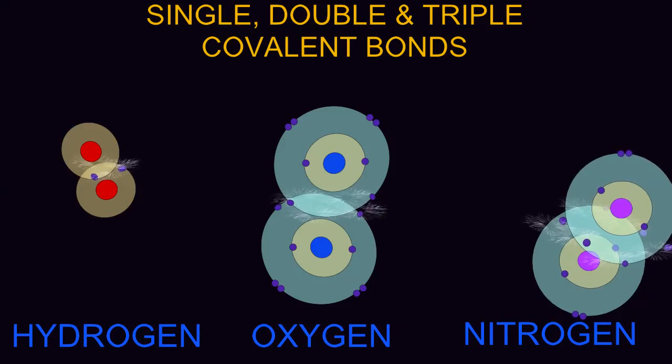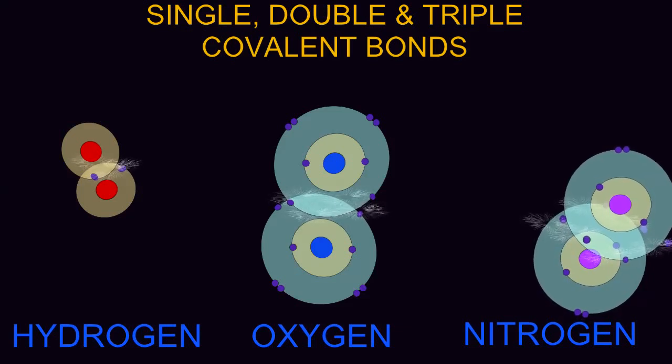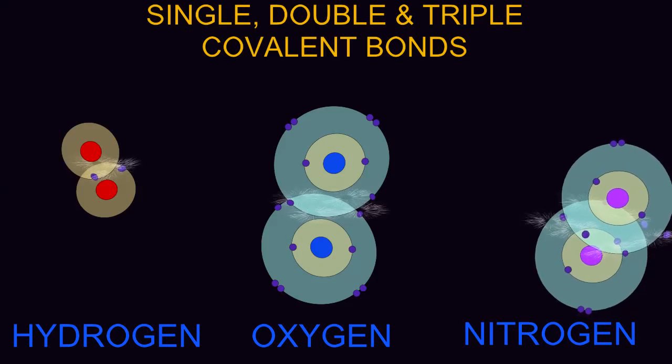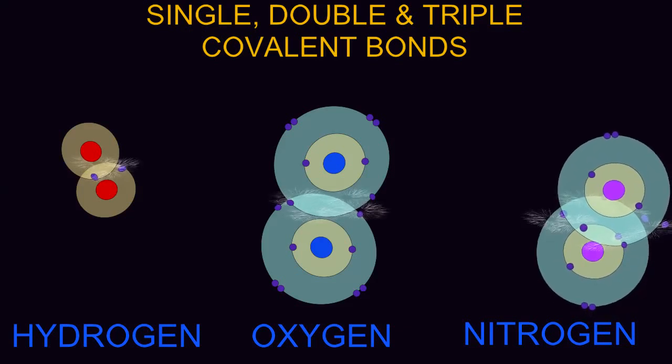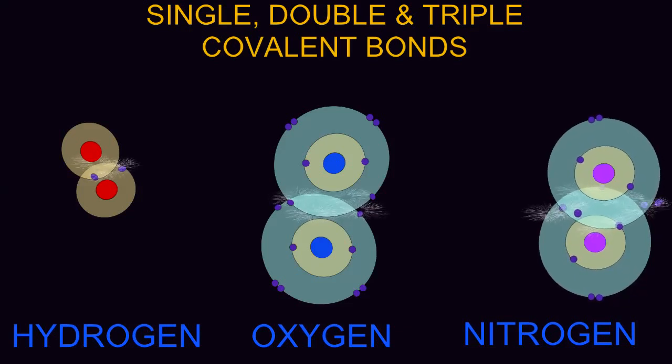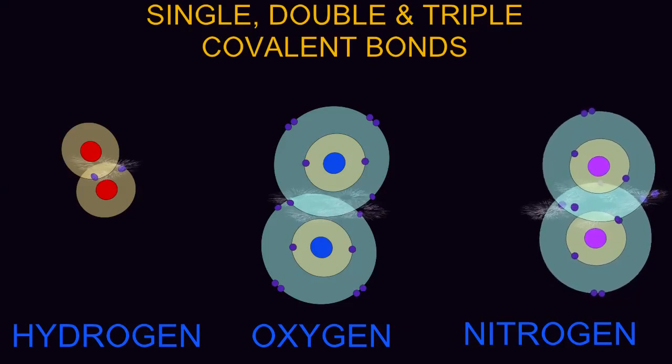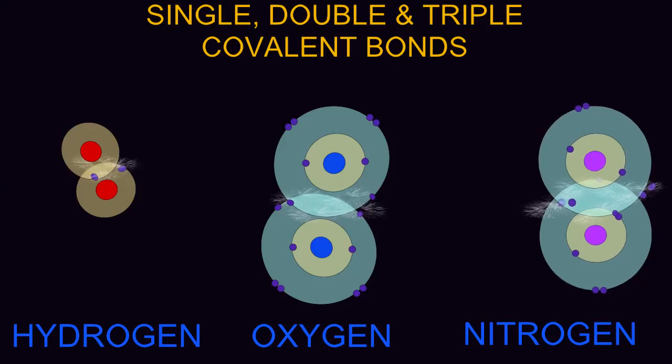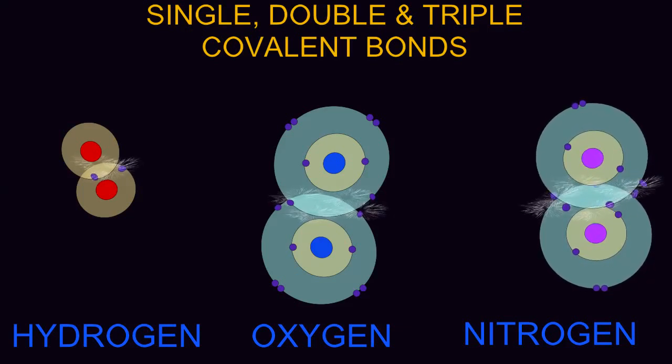Each of these nitrogen atoms possesses 5 electrons in its outermost shell, but the outermost shell can fit 8. And so each of these nitrogen atoms requires 3 electrons to fill its outermost shell. When nitrogen atoms react with each other, they form triple covalent bonds, in which each atom shares 3 electrons with